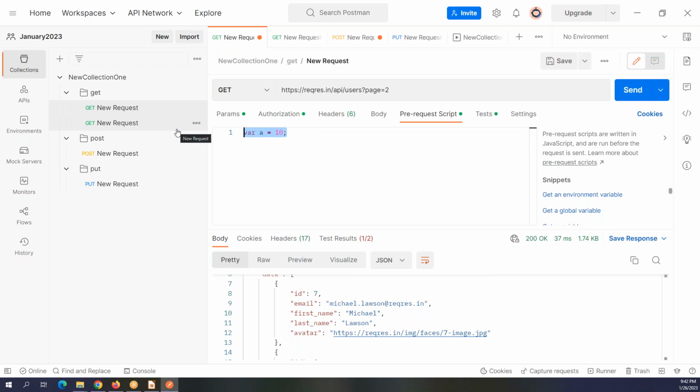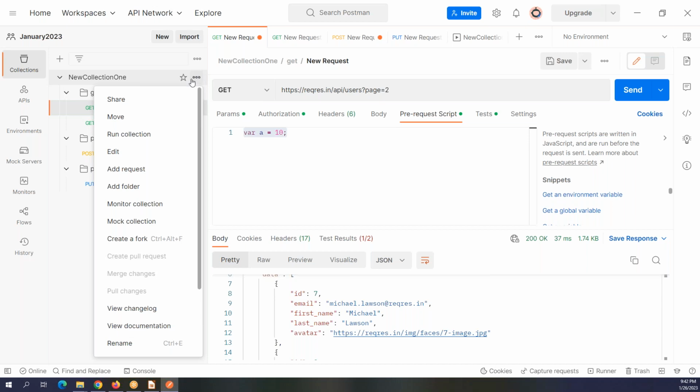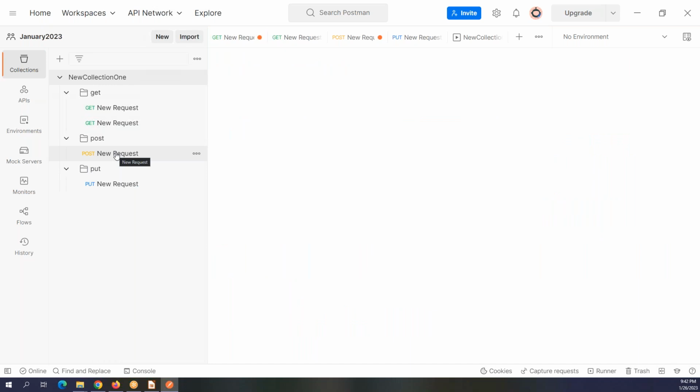Another place where we can create variables is the collection. You see that? So this variable is accessible within this request only. You cannot use this variable outside this request. This variable I created here in the first request, I cannot use in my second request. Now, if I want to use a variable that can be accessible in both of the requests, then I have to go to the three dots of the collection, and then click on edit. Once I click on edit,